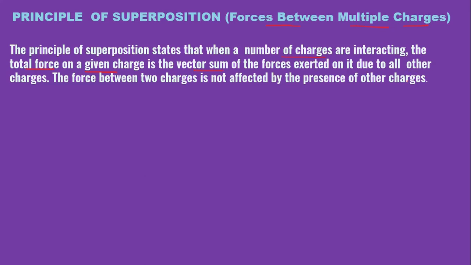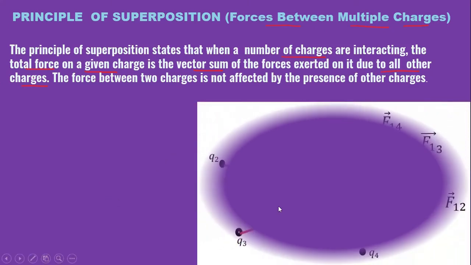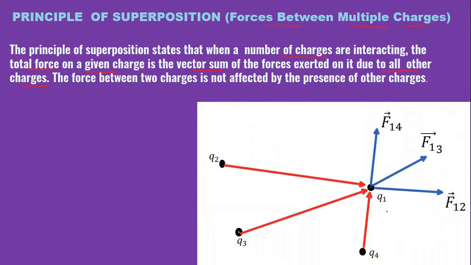So now let us try to understand the meaning of this statement. It seems quite complicated, but let us see it. I will make it very simple. Suppose we have a number of charges, Q1, Q2, Q3 and Q4, that are interacting in vacuum. That means they are present in vacuum. Now we want the total force on a given charge. For simplicity, if we want the force on the charge Q1,